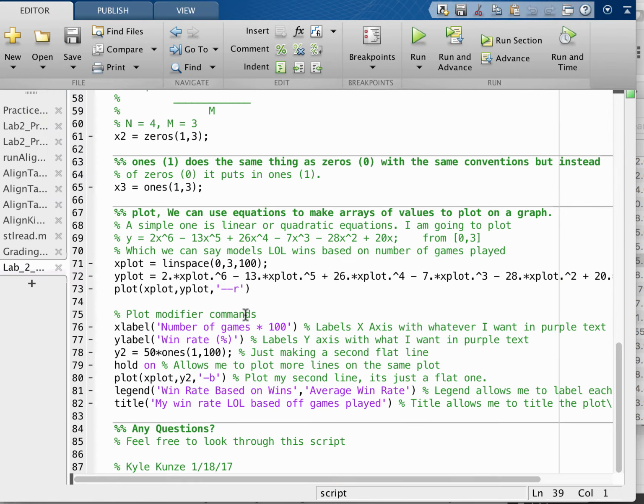Let's talk a little bit about plotting. If you want to plot, you need an array of x values and an array of y values. So here I'm going to cut and paste these. I'm going to make an array called xplot that starts at 0, goes to 3, and has 100 elements. I'm going to create another array from that called yplot, and you'll notice xplot shows up in here,